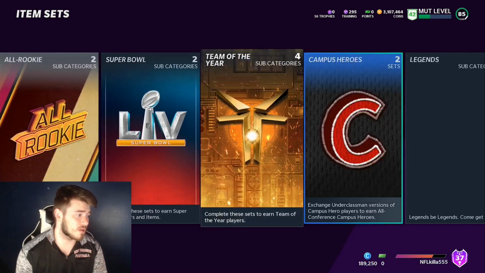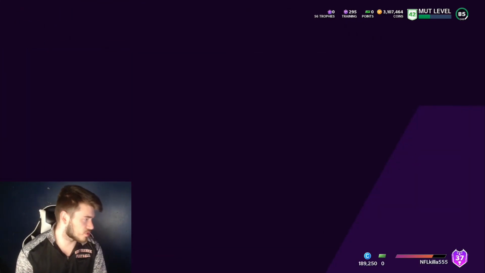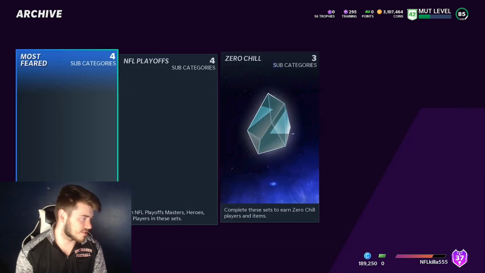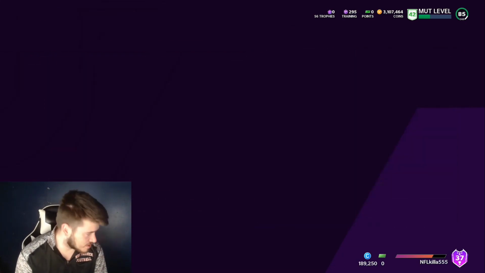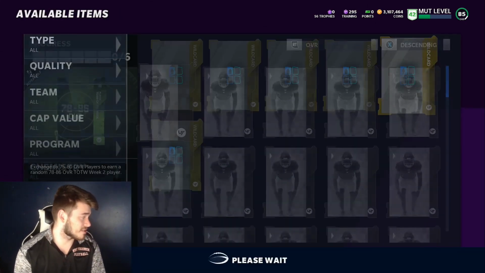So the first thing I want to get into starts with another set. That's the exchange sets. Of course, you can go through and get a lot of these cards if you have a lot of golds, stuff like that. But that's just pretty self-explanatory. Next thing I want to get into is the archive. So these Team of the Week players that I was just talking about, we can go over to the week 1 and week 2 exchanges with golds, and we can actually throw these cards in here